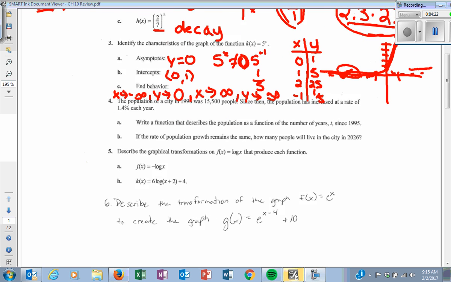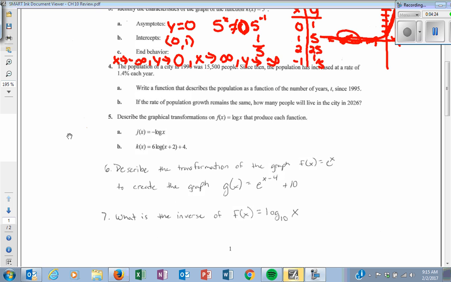For number 4, sorry about that. Number 4, all it's asking is to write a function. It is not asking you to solve anything, it just wants the function, but you notice that this is going to be in